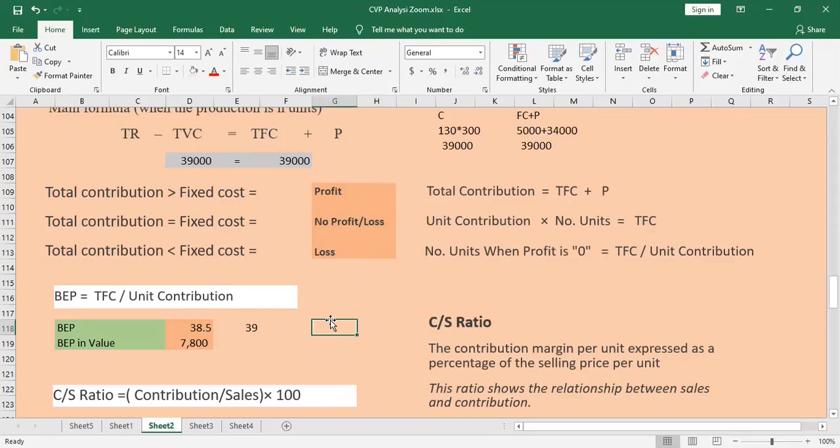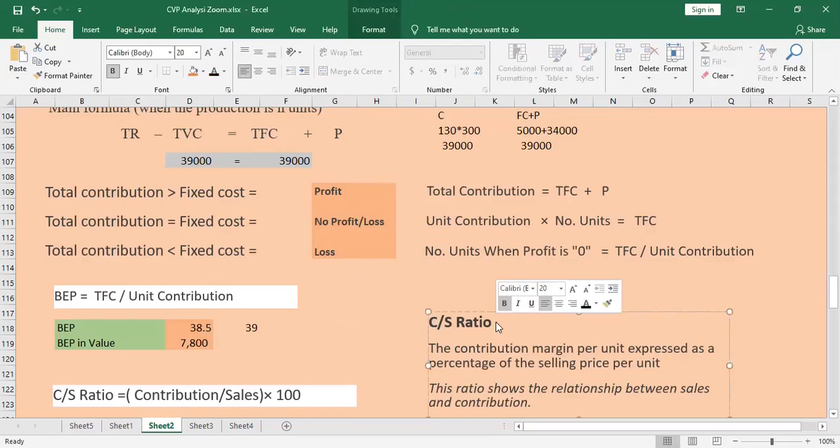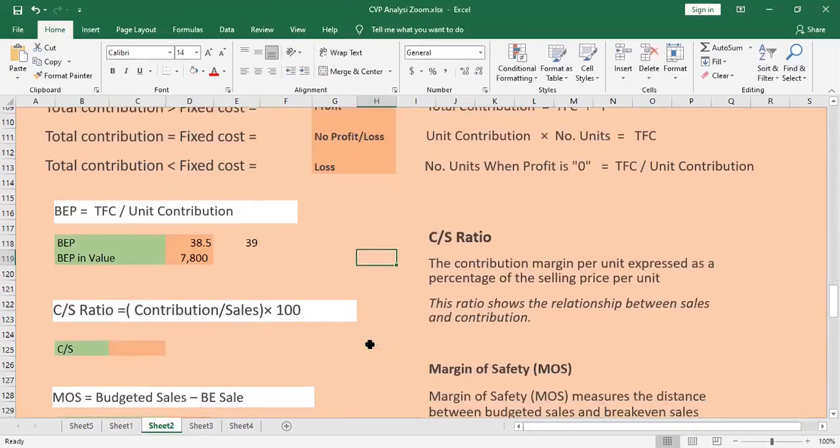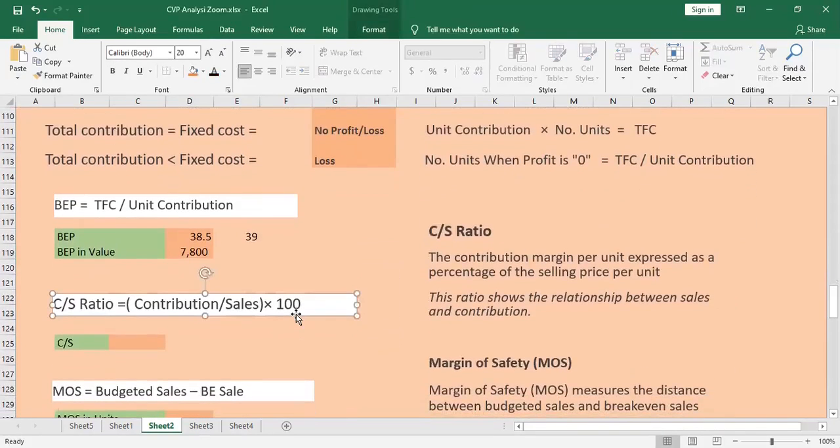Right. So moving ahead, I need to discuss another two concepts. The first one is the CS ratio, that is contribution and sales ratio, where we are creating a relationship between contribution and the sales price. Very easy. Now you can see the particular formula here. Normally we call this CS or PV, profit volume ratio. Both of them resemble the same thing, PV ratio, CS ratio. Don't worry if you get PV, it's the same thing, profit volume. So what you can do is contribution divided by sales.